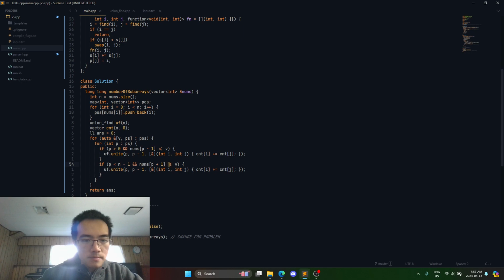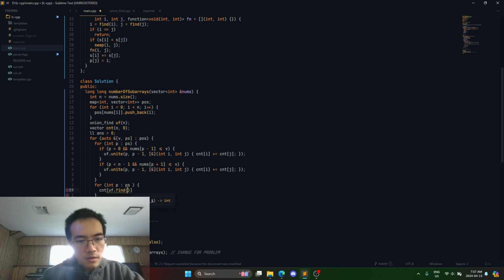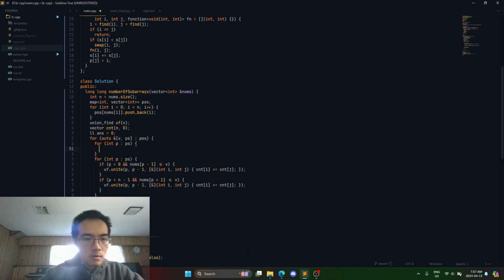Plus 1, then for each p in ps, I'll do cnt u of that find is equal to 0. And I'll do cnt u of that find p is equal to 1. Then I join everything. Then I do that. So then